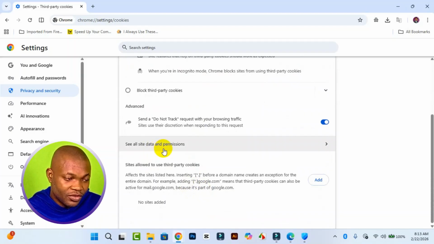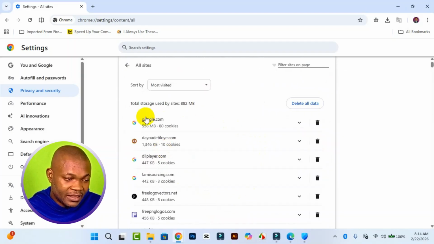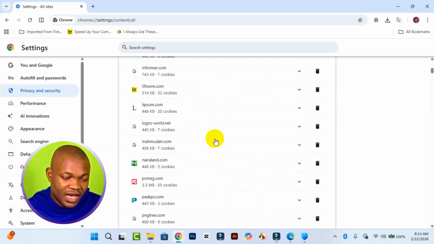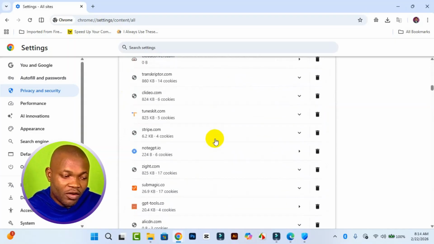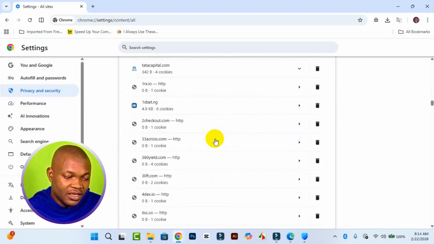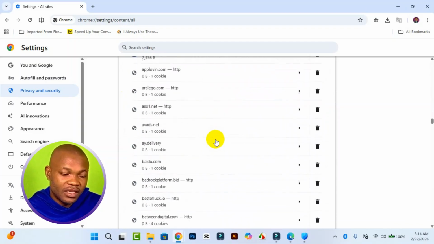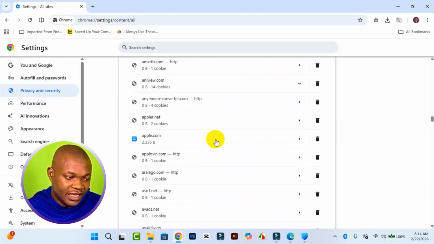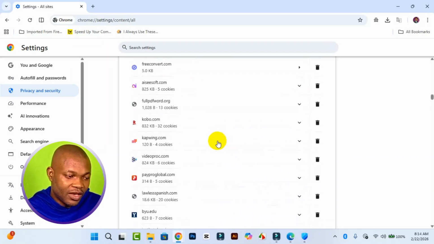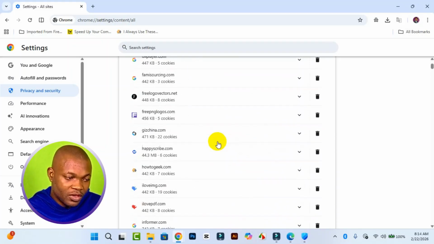Then here you go. So you have all sites right here. So these are all the sites you have been visiting so far with your Chrome browser, depending on how often you have been browsing the internet, and you have all data taken from you by some of these websites right here. Now, what you can do right here, you can come to the top right here, click on data